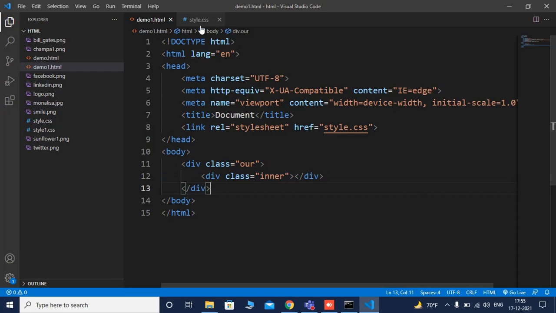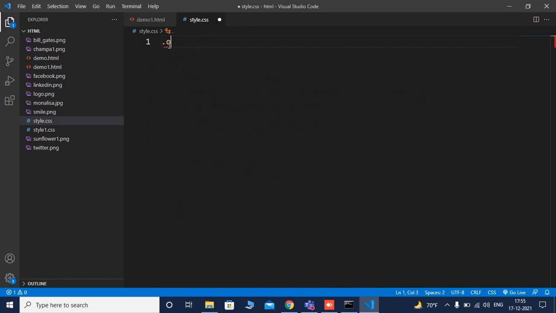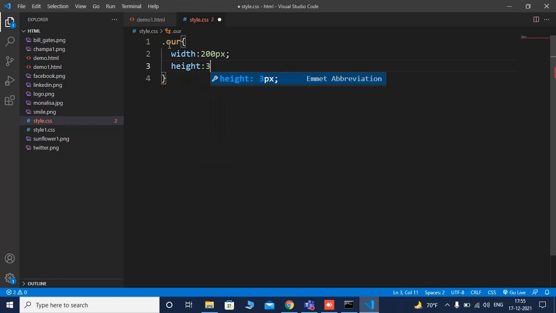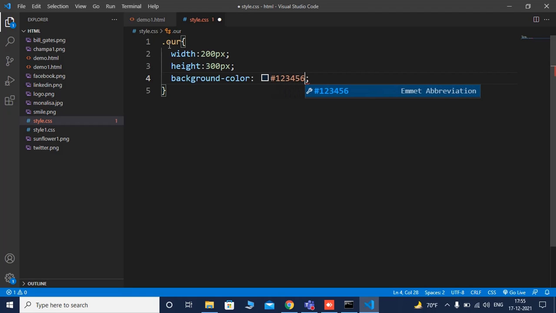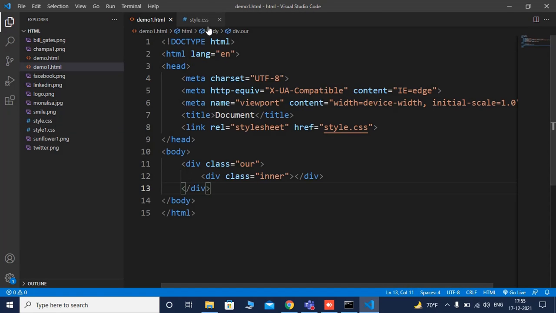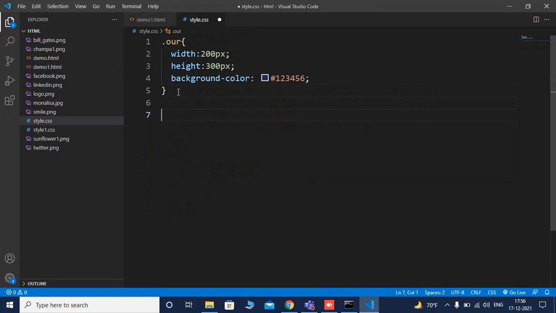The class is our. We all know to represent a class we need to use dot before identifier. Here I am using width colon 200 px, height colon 300 px, and I am setting background color as 123456. I am saving it, and in case of inner class I will use